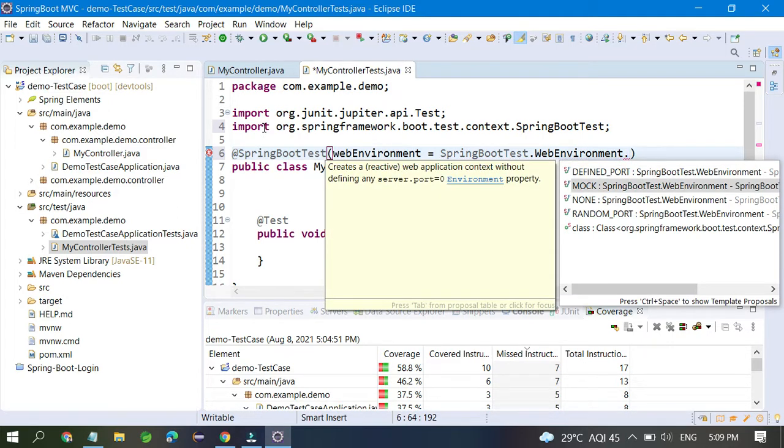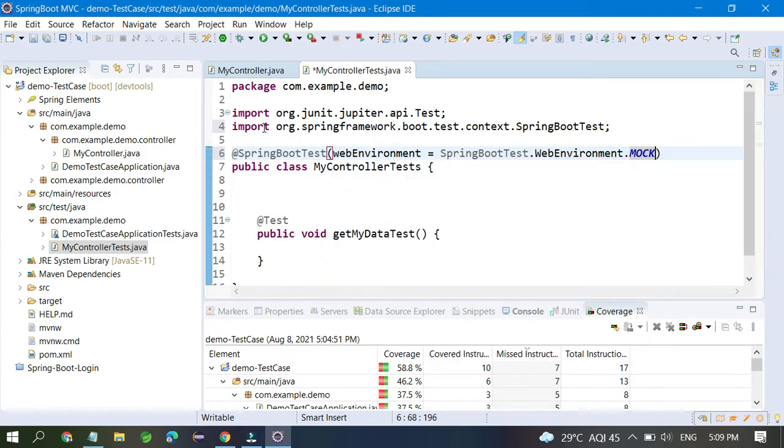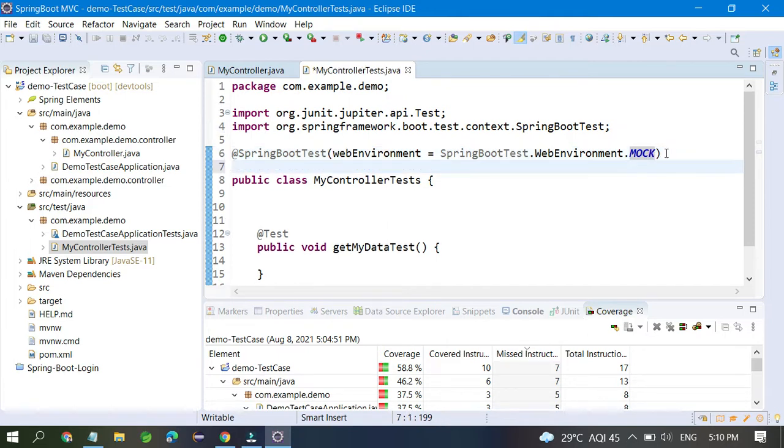I hope you understood. The second thing is, if you are working with Mockito, you have to annotate with @RunWith(SpringRunner.class).